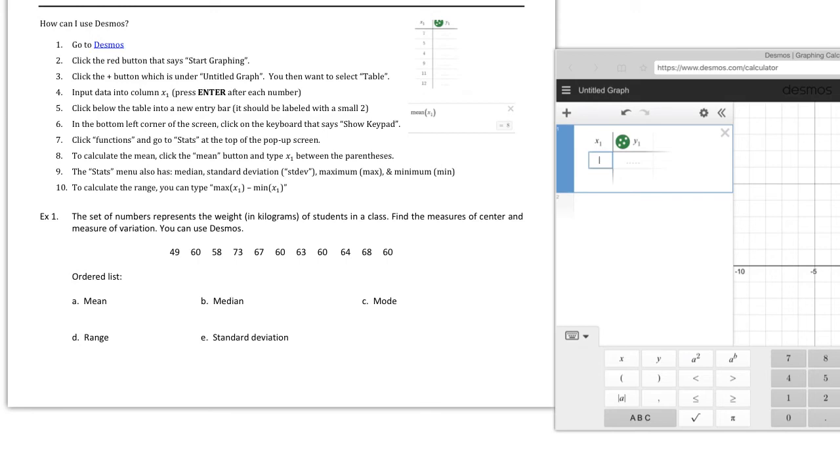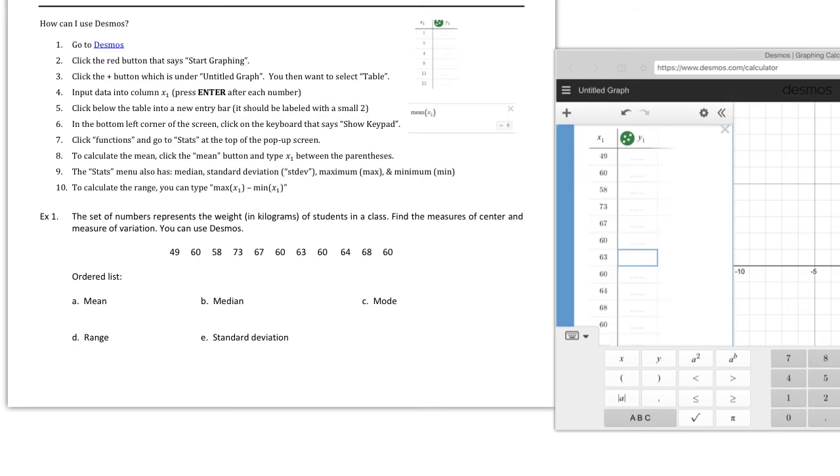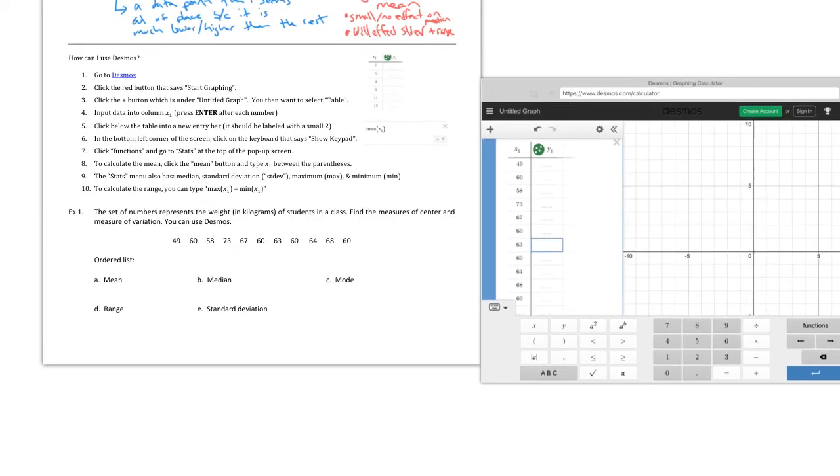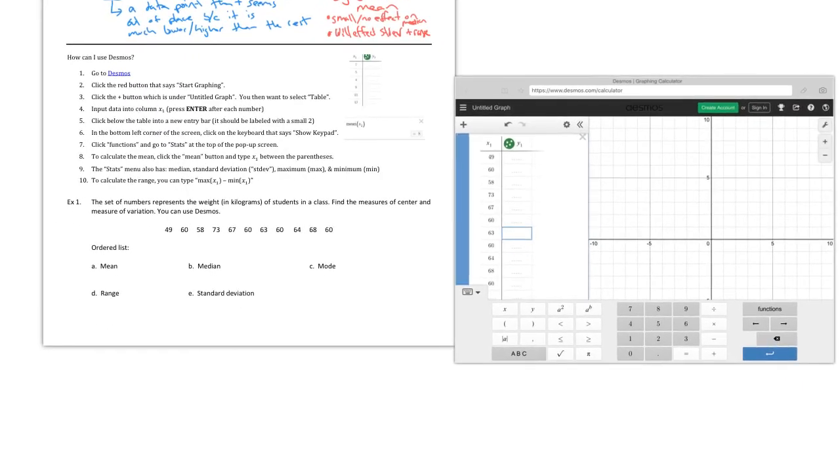Right, and so then we're going to type in all the data. So I'm going to take a second, pause it, and type in all of this data in this X1 column. Once you have all the data in, and you can see it's all there in X1, on this keypad there's a functions and then stats menu. And I have to zoom out to show you this. So at the far right,